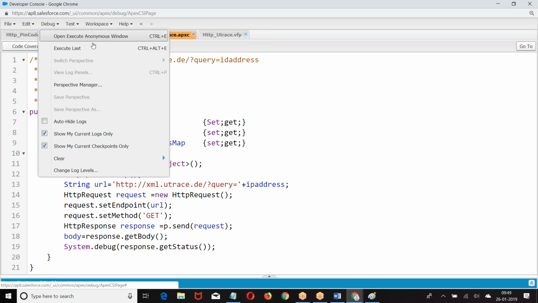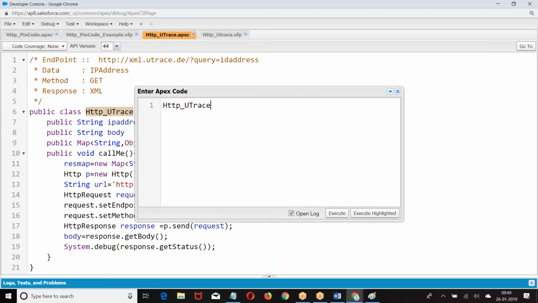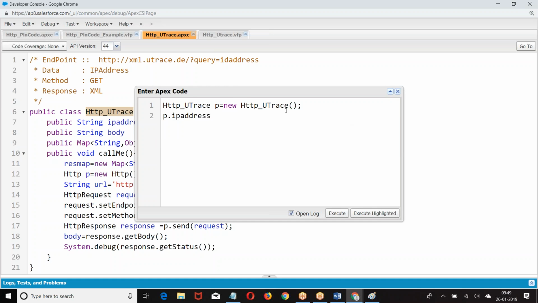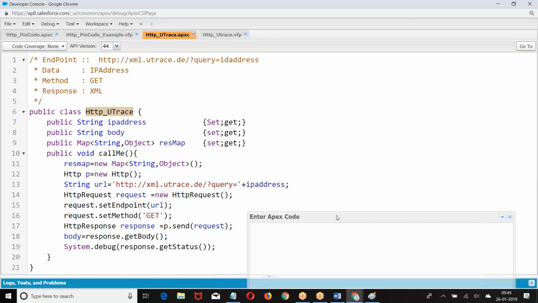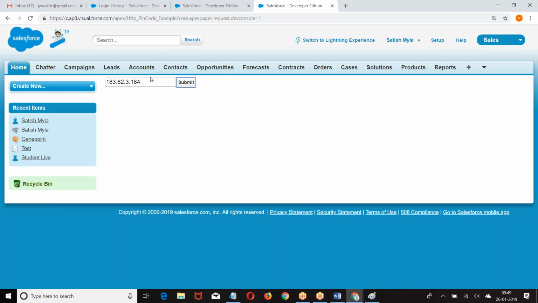Check out what is the bug here. It's not re-rendering, I guess.